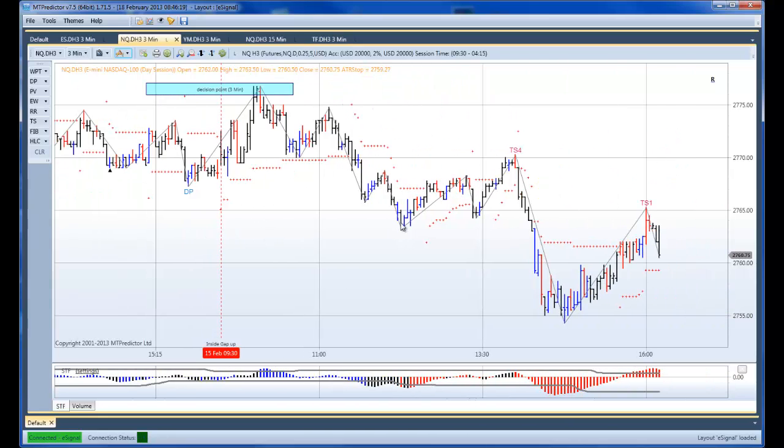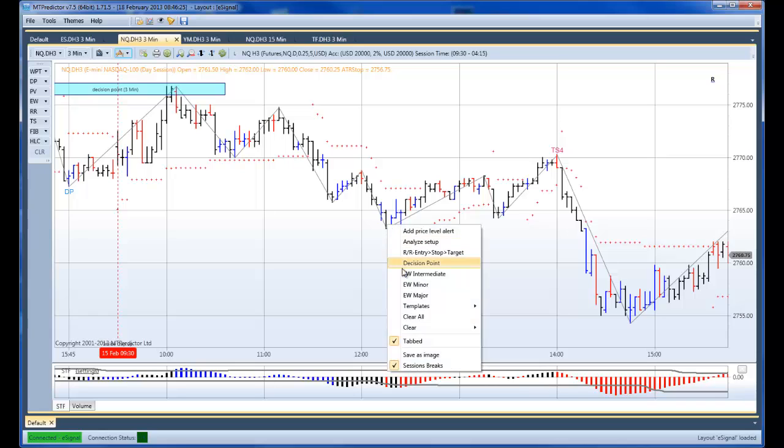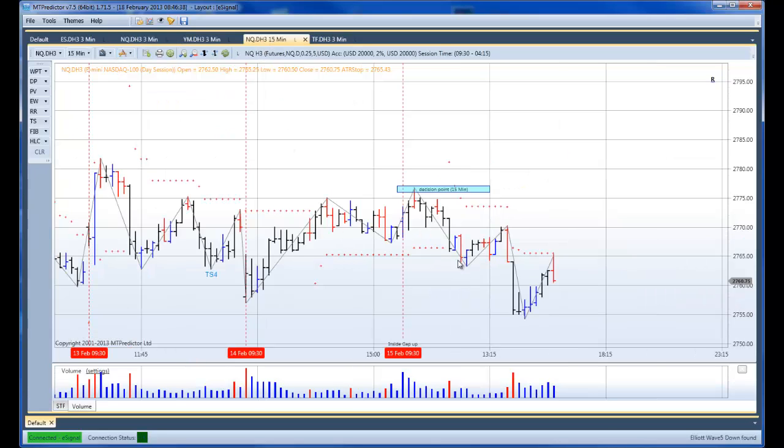Now for me, the interesting part here was the pattern in the decline. So if I zoom in a bit and I right mouse click here and do Elliott wave intermediate, can you see how this decline unfolded as a very nice 1, 2, 3, 4, 5. So it's a 5-wave decline. Now on the 15-minute chart, that low was in around here, so the market came down to our decision point